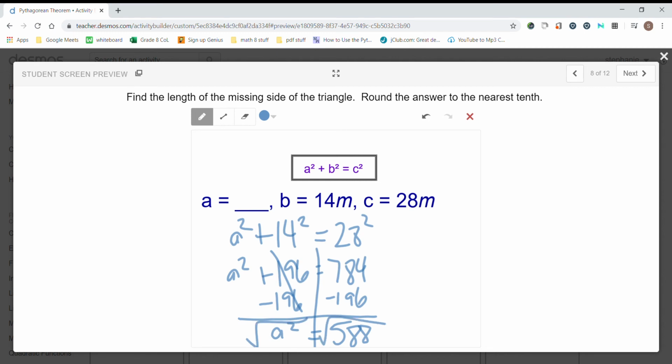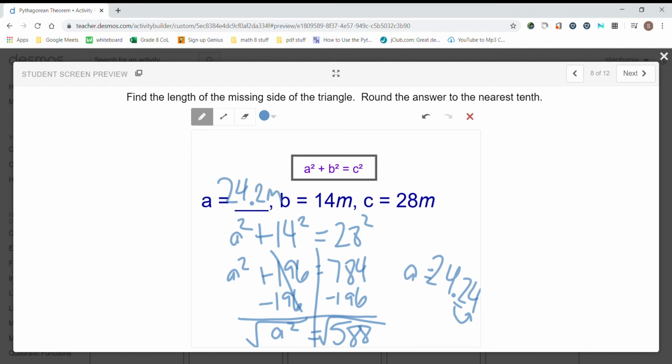And I'm going to write it on the side here because I've run out of room. So I have a equals 24. So that will be my answer. So I round to the nearest tenth. The 2 is in the tenths place. I look to the 4. The 4 tells me to let it go. So my answer is going to be